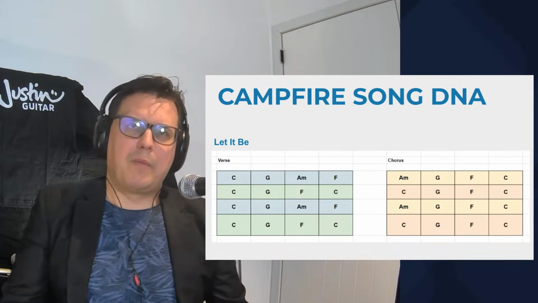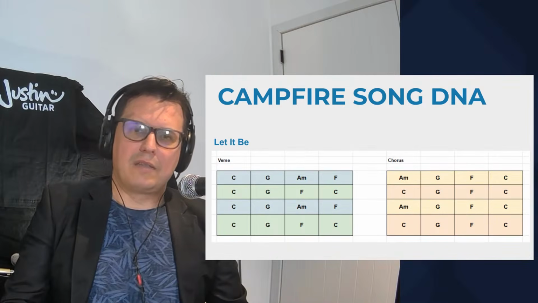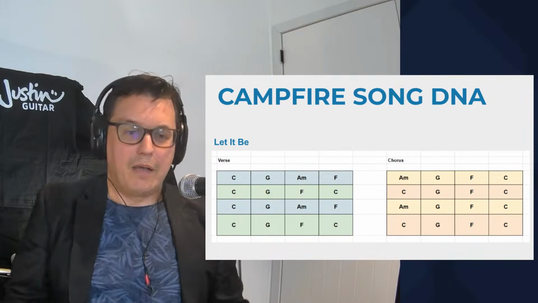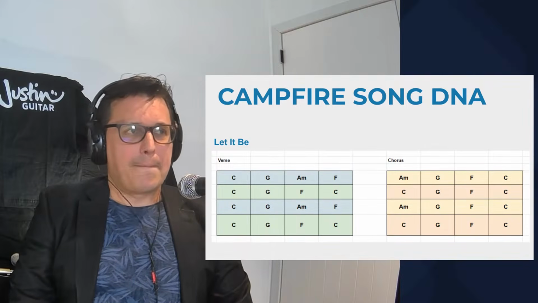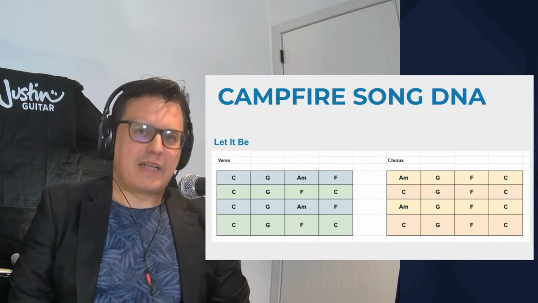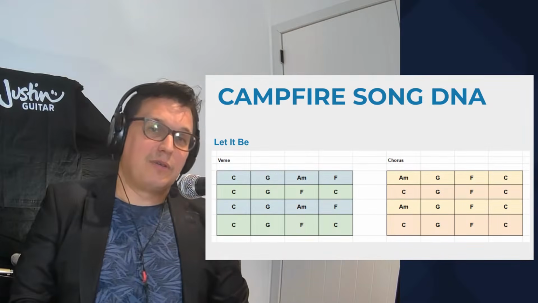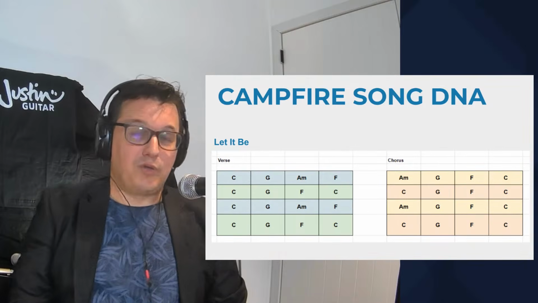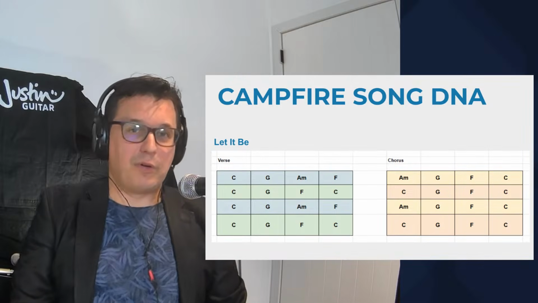For Let It Be, for example, a verse is just 2 lines and then a repetition of those 2 lines. So the blue green and then again the blue green. And for the chorus, just the same thing. So if you start to identify these patterns, you see that the essence of the song is actually 8 lines. Sorry, 4 lines even. The 2 first lines of a verse, and then you repeat those, and then the first 2 lines of a chorus, and you repeat those. If you know these, you can actually bring a very, very accurate version of Let It Be.